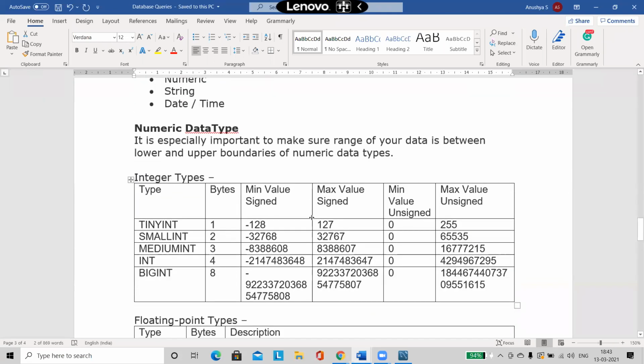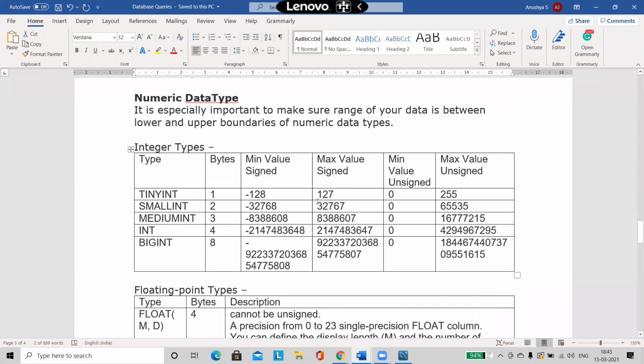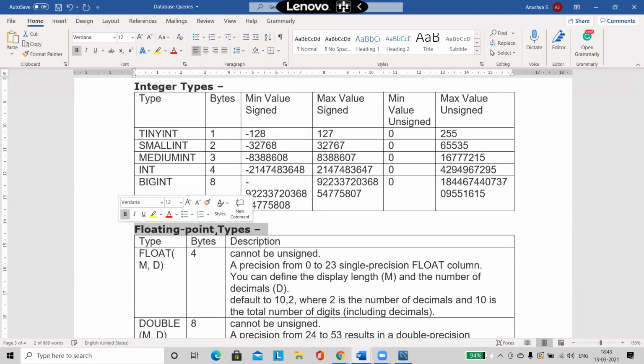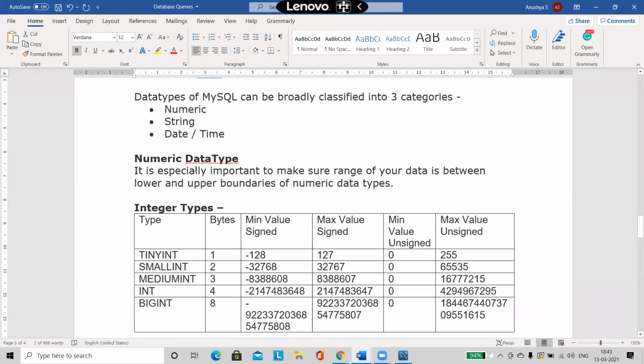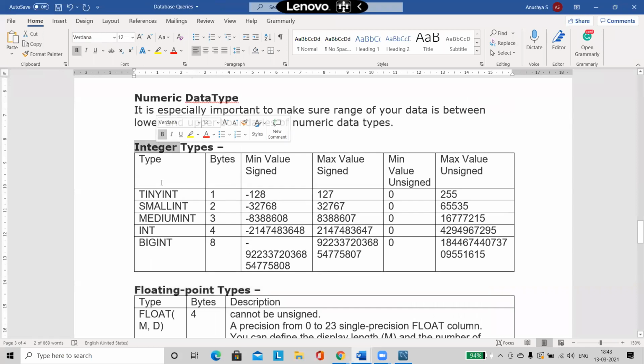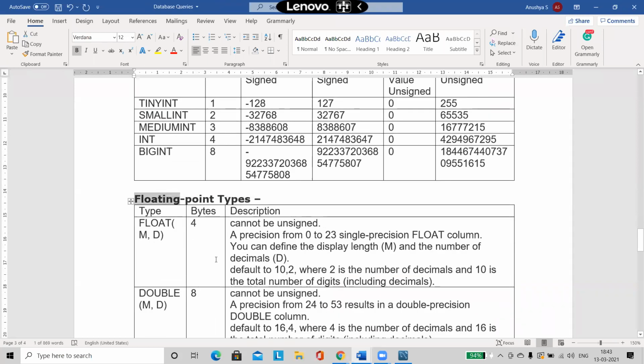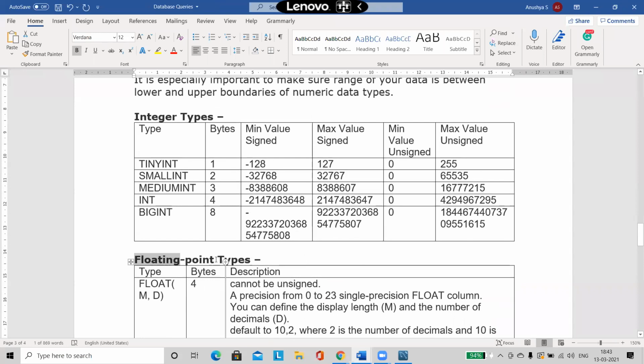Inside the numeric, we can again categorize it into integer type and float type. Integer, as the name suggests, as we have already seen in different programming languages, means whole numbers, no fractional, no decimal values.